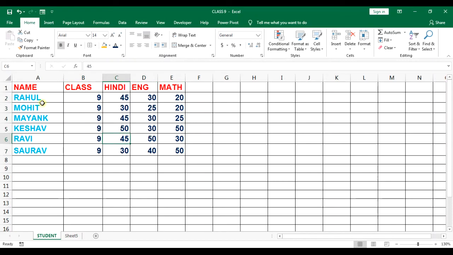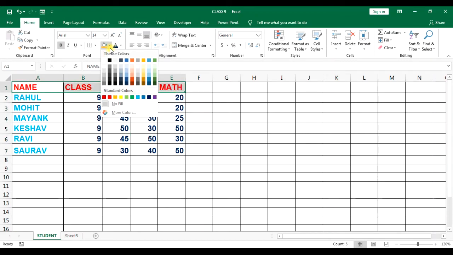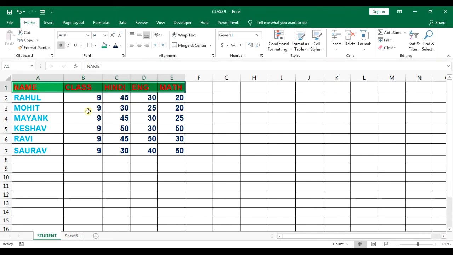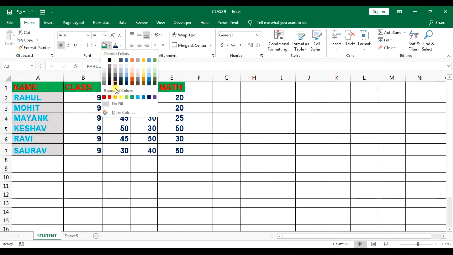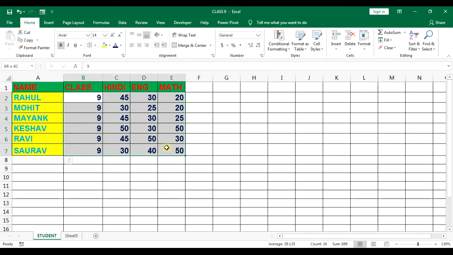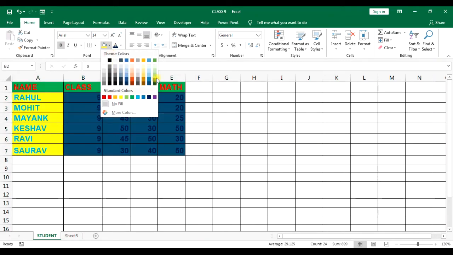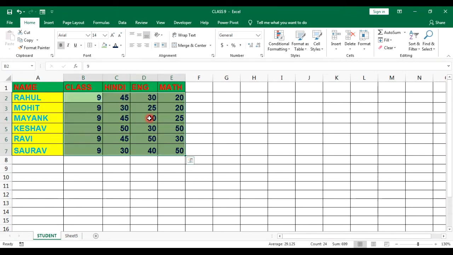If you want to fill a color, select the fill color option and select a particular color. Now select the cells and fill the particular color. In this way you can format the data in a cell.